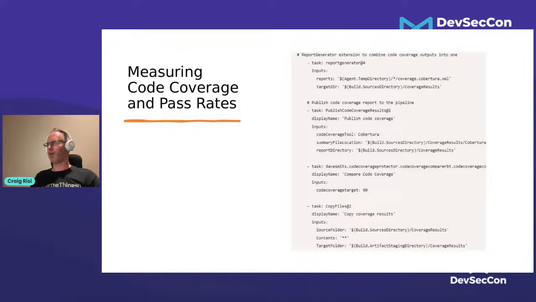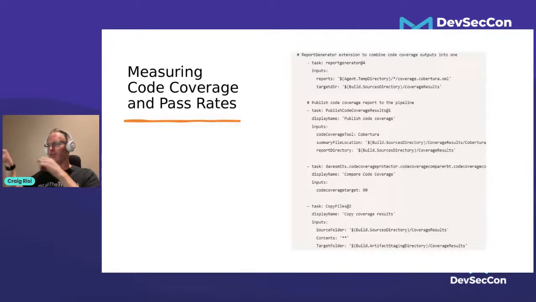So here is something where we actually have a report generator, and what we're doing here is looking at our code coverage. So here we're running Cobertura against our code. We've got a report generator, which is really just looking at the report that runs after the tests have run. So we have a publish step where we're publishing the code coverage report, where we have a task that sets it up, and it's telling it what code coverage tool to use. It's telling it where